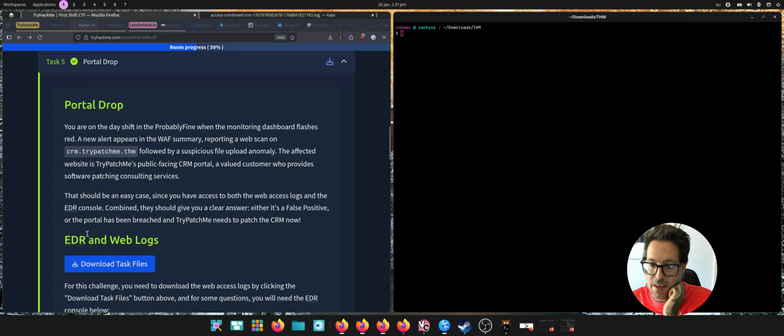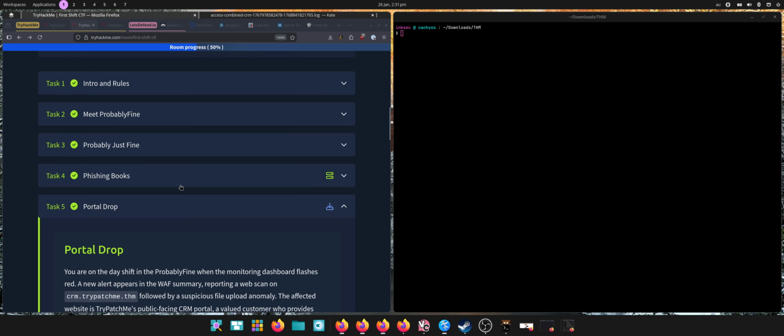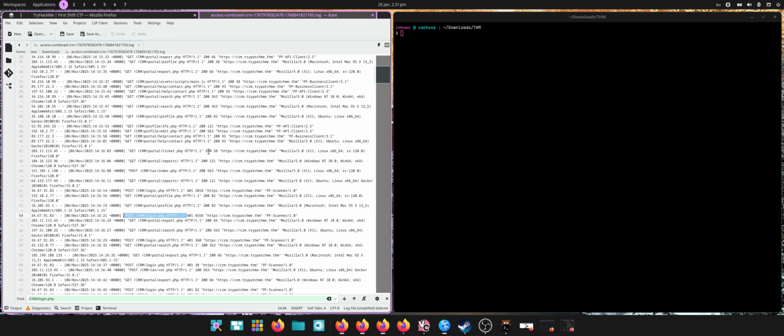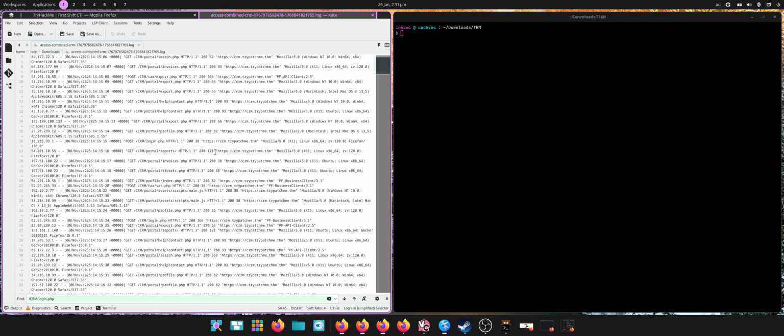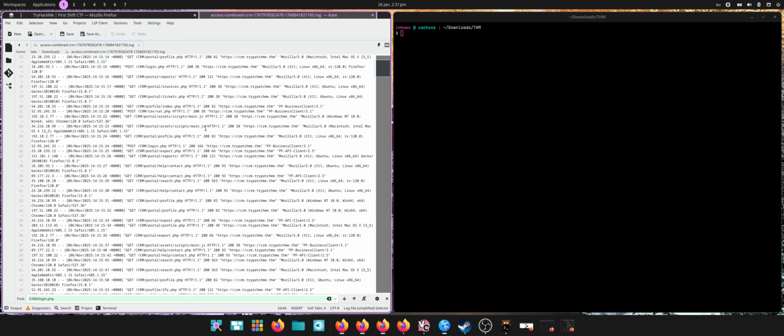We also have EDR access, so we can investigate the endpoint as well. But the first thing we need to do is investigate the log. So let me get rid of this and we'll get started. Okay. So we've been given the log file, and if we start to scroll through it,